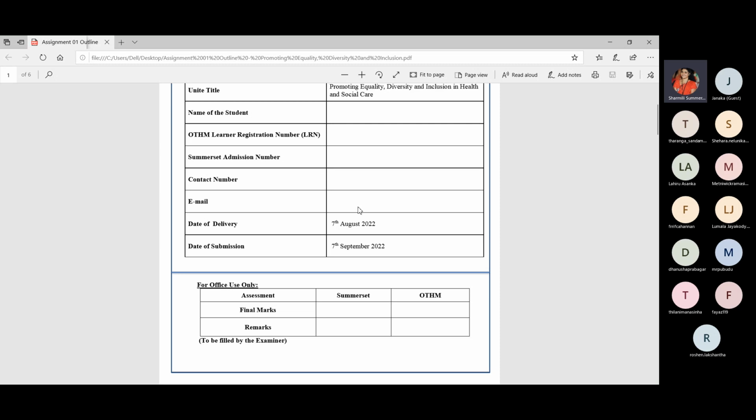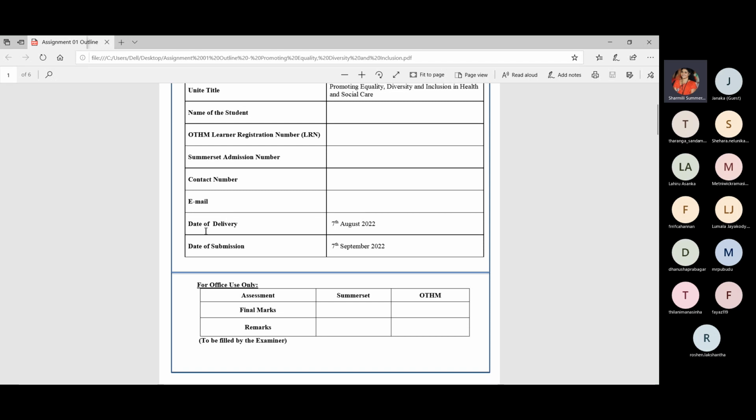We are planning to provide a common email to you all for each and every module. Once you finish your assignment, you can directly upload it to that particular email. It will be easy for you all, because most of you are familiar with email handling. So for that feasibility, we have decided this. Soon we will provide the common email to you, or if there are any changes, we will inform you in future as well.